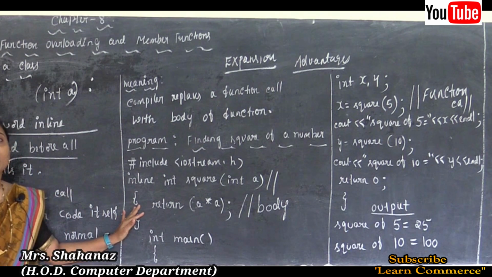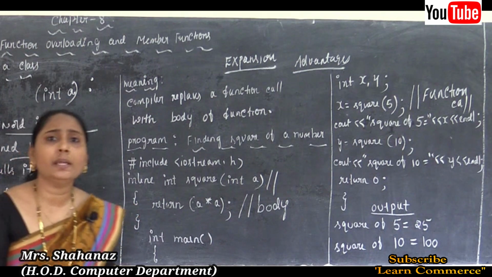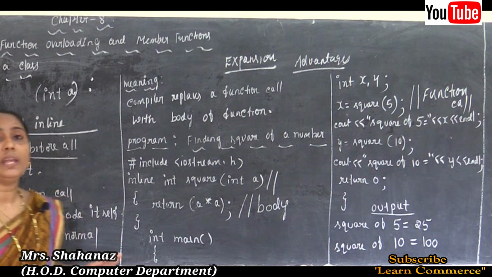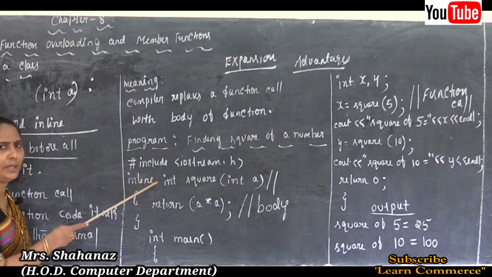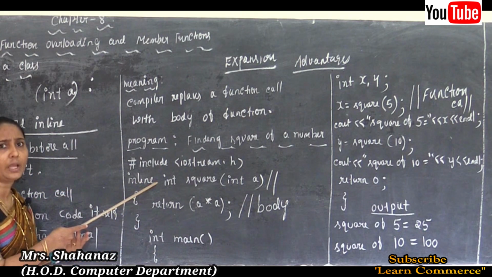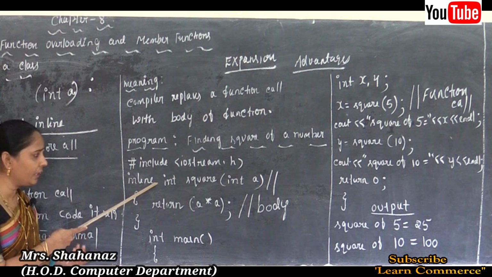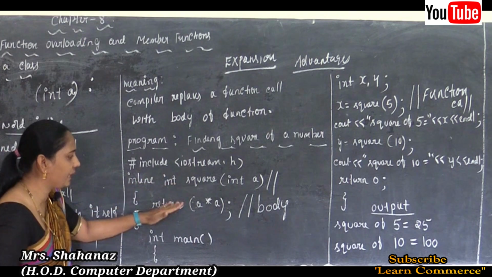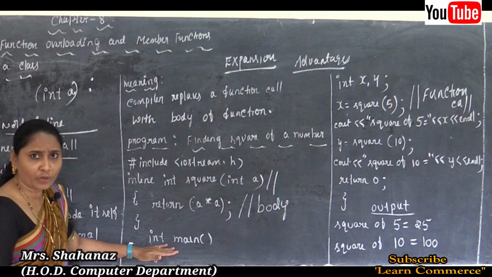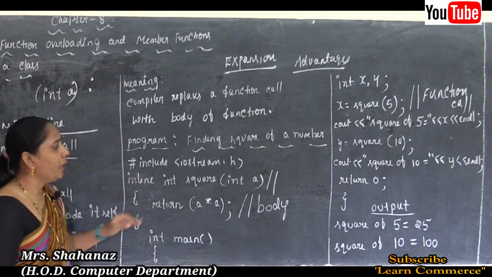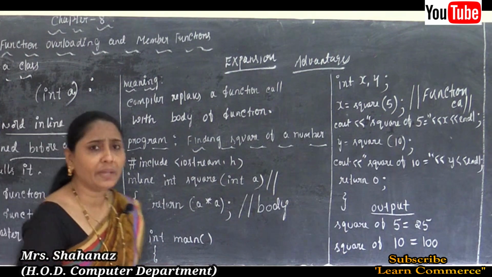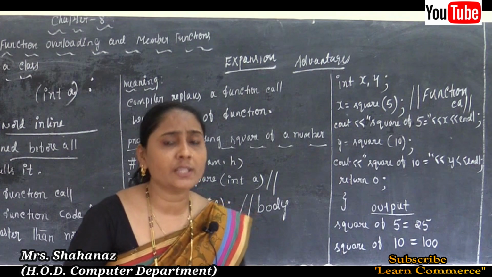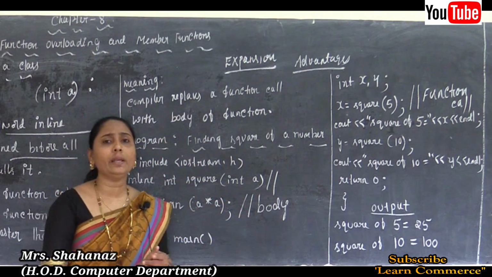The third point is that the speed of the execution of the program increases and very efficient code can be generated, meaning the same. Why? Because there are fewer lines in this case, and finally the readability of the program increases. That means very easily we can read the program. Correct? Very easily, within a minute we can complete this program by using the inline function. So all of these are the advantages of our inline function.